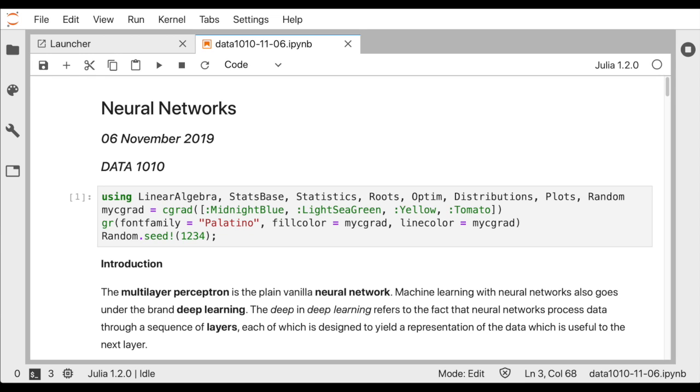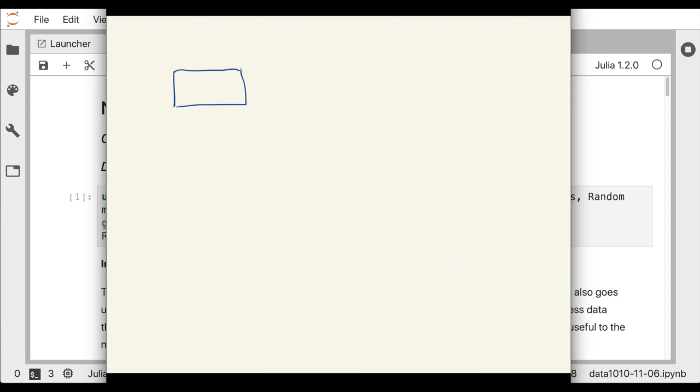Welcome. Today we'll begin taking a look at neural networks. Specifically, we'll look at the multi-layer perceptron, which is the plain vanilla version of a neural network. The core idea of neural networks is learned composition. We're going to build up a model as a composition of simpler models, and then we're going to train the